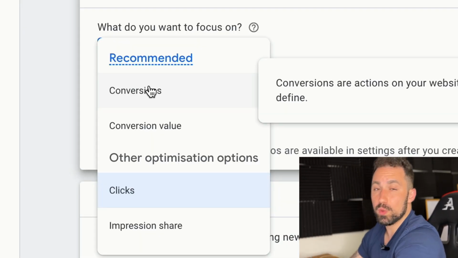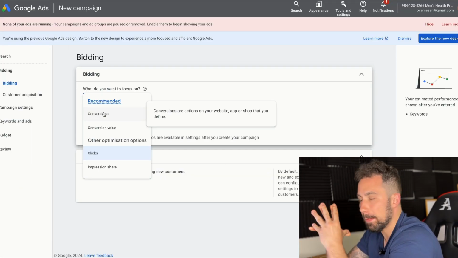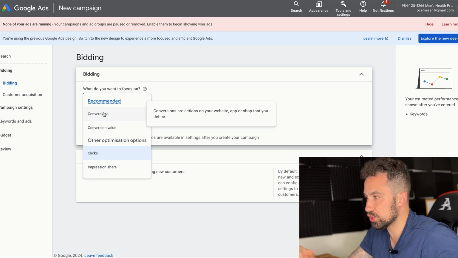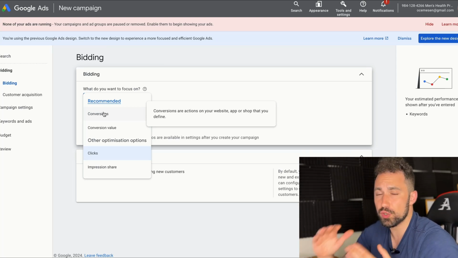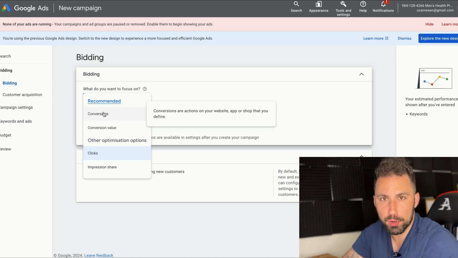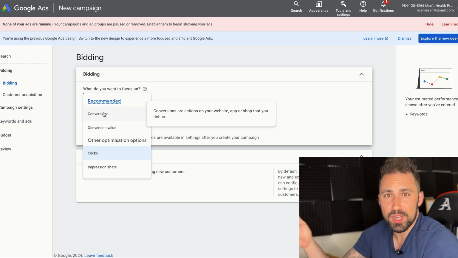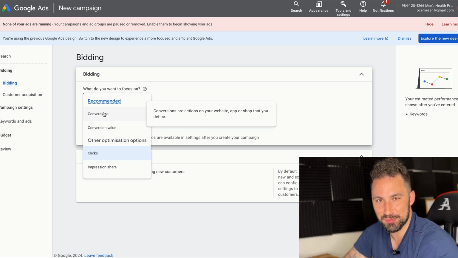So the first one, we have conversions. When should you use the conversion campaigns? I personally go with conversion as a bidding strategy when I have enough data in my ad account. What is enough data? That's a great question. Google, for instance, says you need to have 20 conversions per month to go with an automated bidding strategy. Actually, if you speak to Google reps, they will suggest you to go right away with automated bidding strategies, but